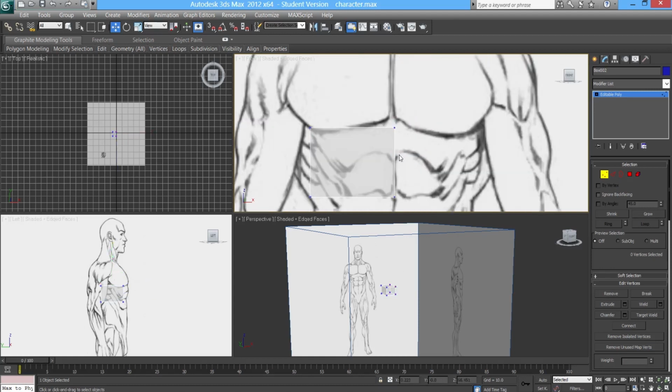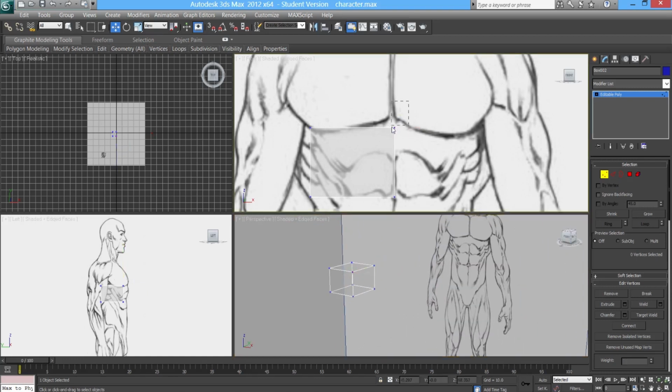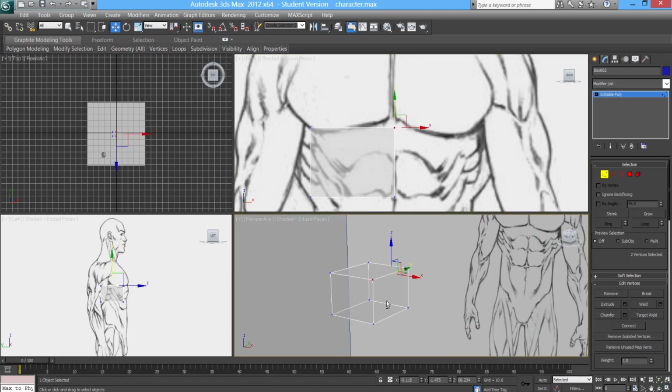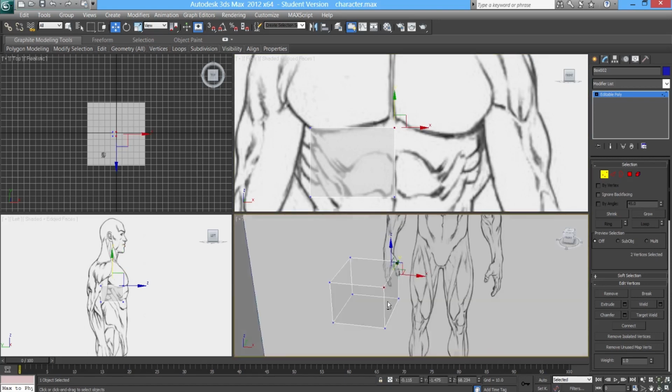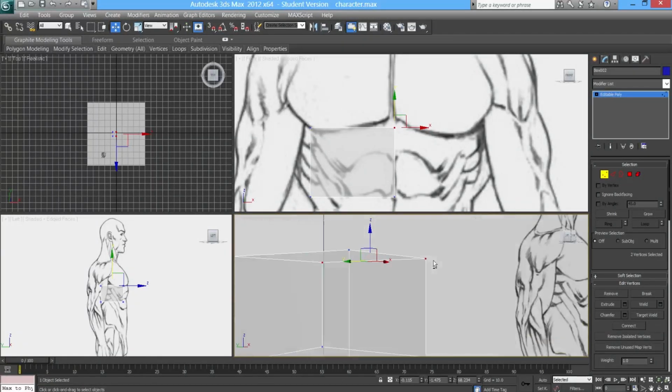Now in this front view, I want to make sure that you understand that you have to click and drag over the point, because you've actually got 2 points sitting on what appears to be the same point in the front view. You've got the front one and you've got the back one. So if I go in the perspective view and click and drag over this top corner, it only appears to be selecting one vertex point, but if you look in here, with the move tool, there we go, we've actually got 2 vertices